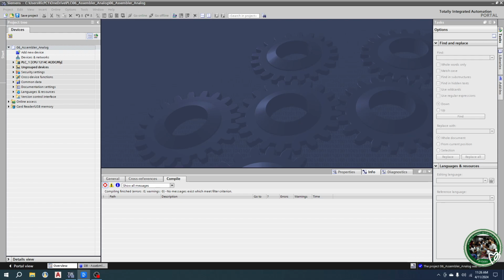Hi guys, in this lecture, we are going to add an HMI device to an existing TIA project. As you can see here on the screen, I have already retrieved and opened the assembler analog project. We are going to add an HMI device here to our TIA project. We do this by going to the project tree structure on the left side of our screen and selecting Add